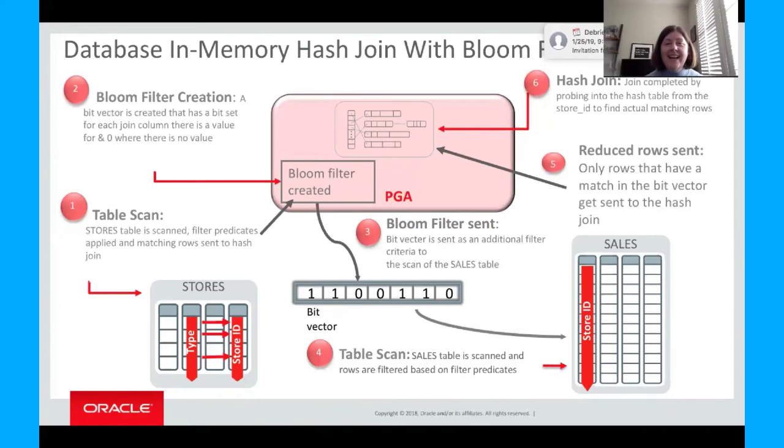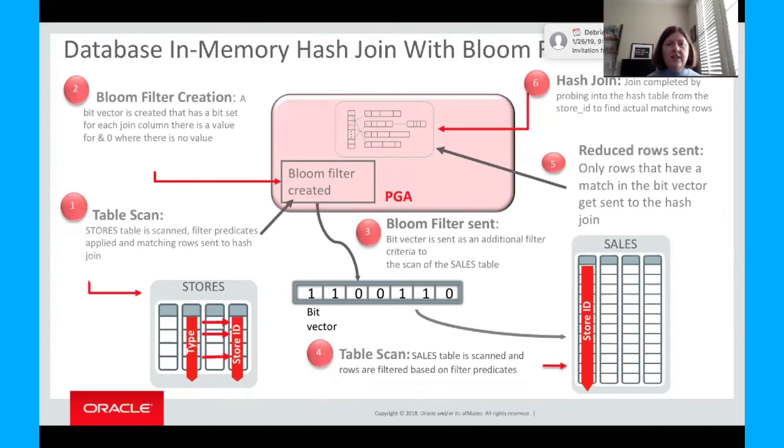No, I mean, it was a lot, but I think for folks who are familiar with hash joins and how they work with the Oracle database, the secret sauce or the magic here, of course, is the creation of that Bloom filter and pushing it down to the scan of the sales table in this example, because it'll basically reduce the number of rows coming out of that sales table and going into the hash join. So speeding up the join process there by basically not returning any rows that won't match,